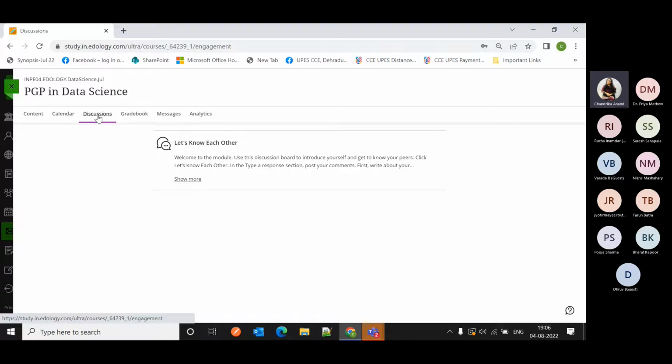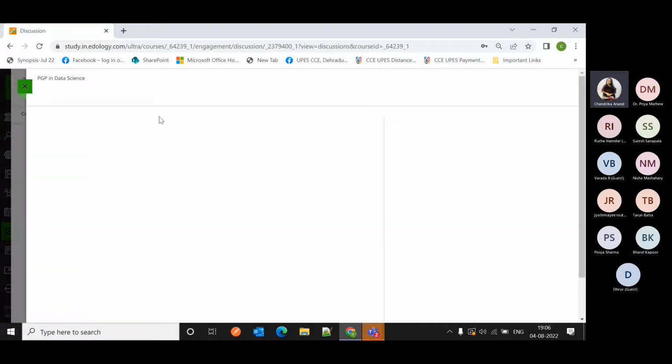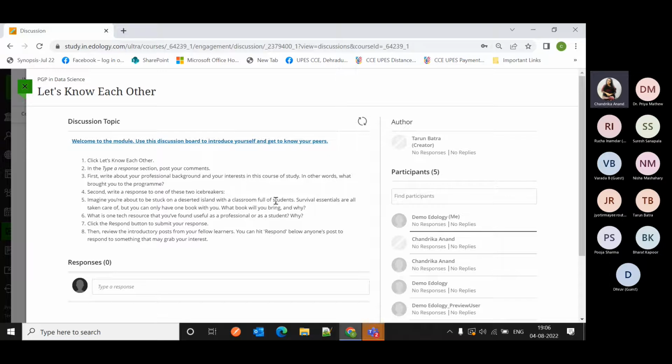Then we have discussion forums. Your module will also comprise certain discussion forums wherein you'll be interacting with your peers, with instructors, or maybe some industry experts, as planned by the instructor. You'll be able to see all the upcoming discussions here. For example, this Let's Know Each Other is an ice breaking session, designed to introduce you to your peers and your batchmates. When you click on this, a discussion forum will open,